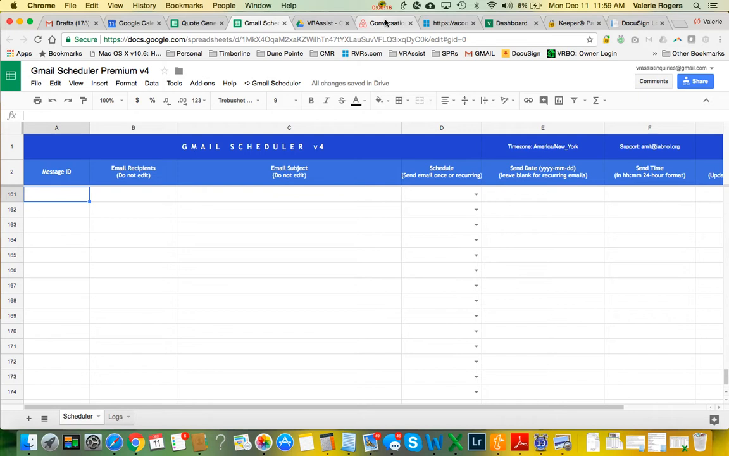This tool was created by Amit at labnol.org. It's an add-on to a Gmail account, so obviously you have to have a Gmail account to use this tool. Basically, how you do it is you